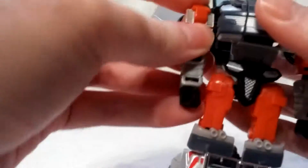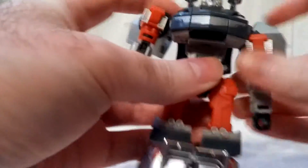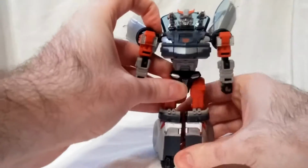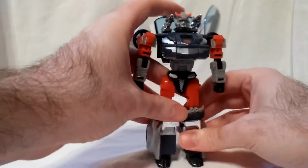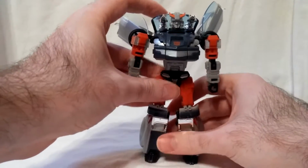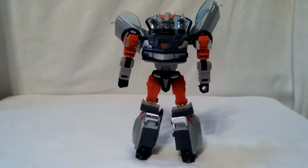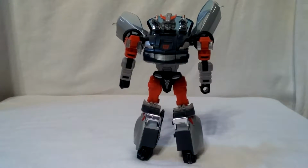And I guess the shoulders, if they weren't already up, if they moved out of position. And you got Streak in robot mode. Yep, there's the instability I was talking about. See if I can get him to stand here. I'm going to have to angle him forward a little bit. But also his gun